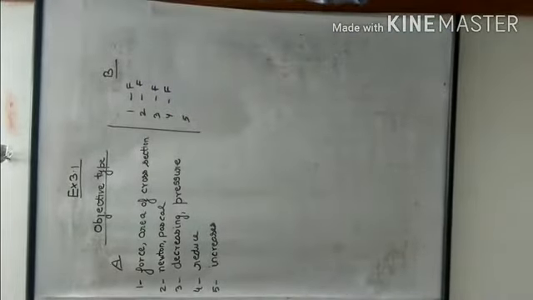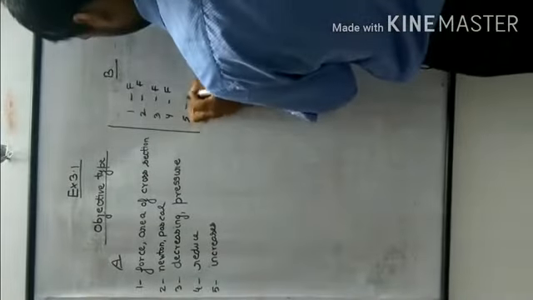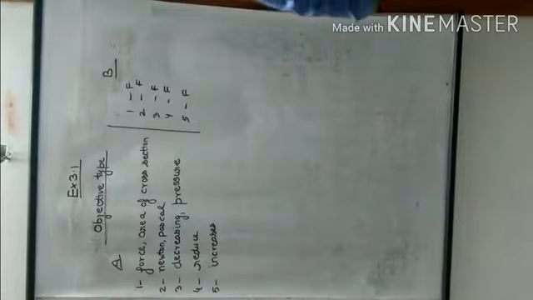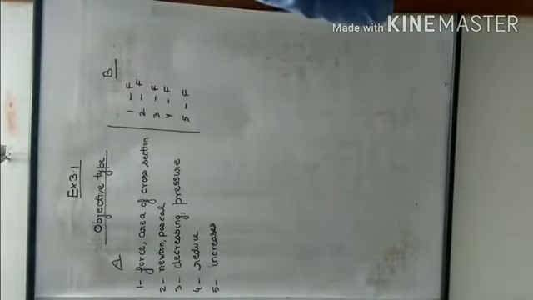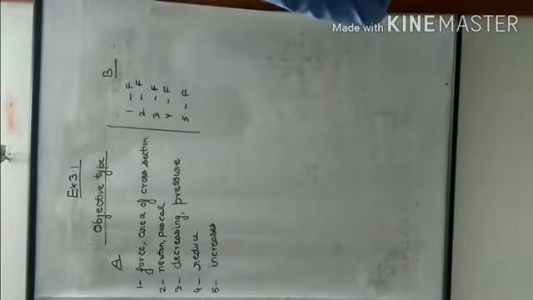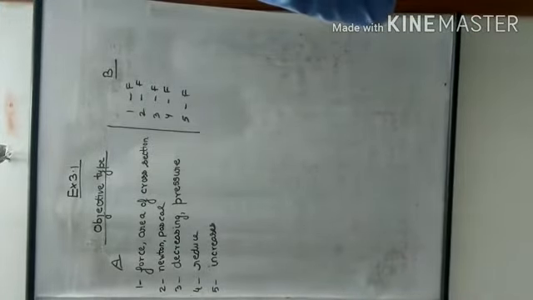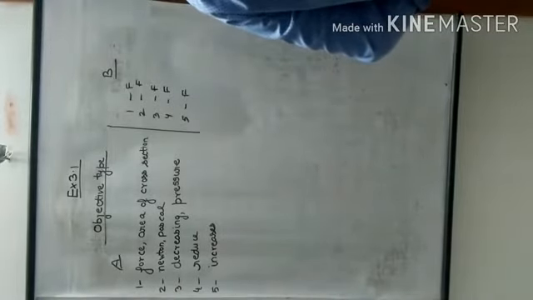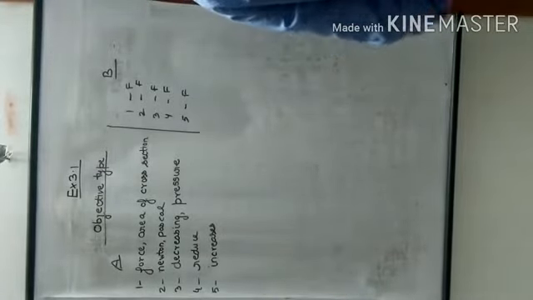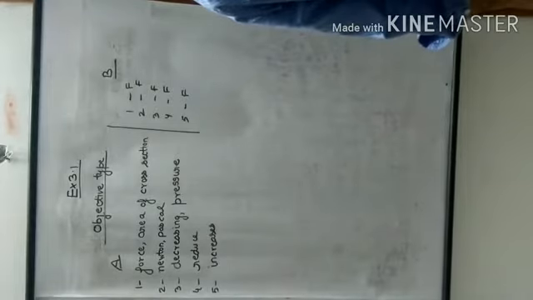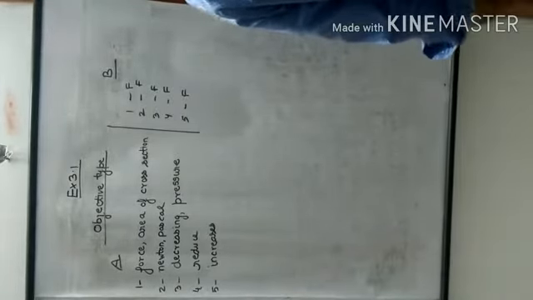Fifth part: SI unit of pressure is Newton. It is false, because the SI unit of pressure is Pascal. So the word volume is wrong in the first part. In the second, 1 Pascal is pressure produced by a force of 1 Newton, not 1 kgf. Third, pressure increases with increase in surface area? No, it will decrease. Pressure decreases with increase in weight of object? That also is false.